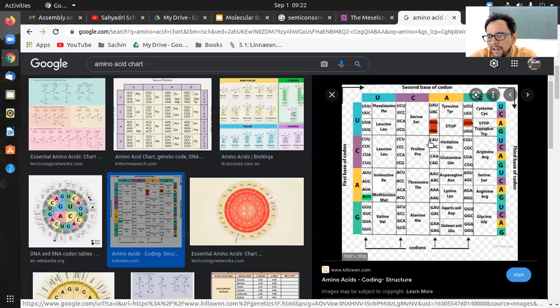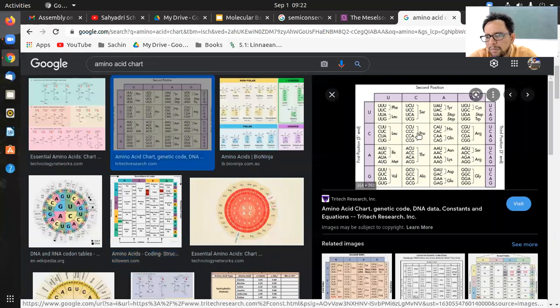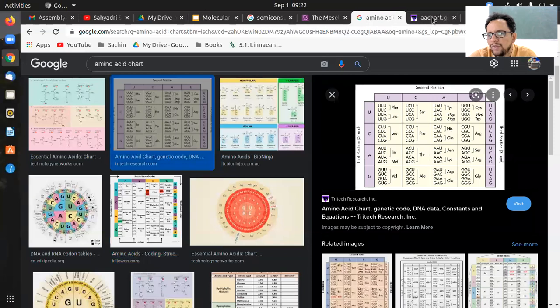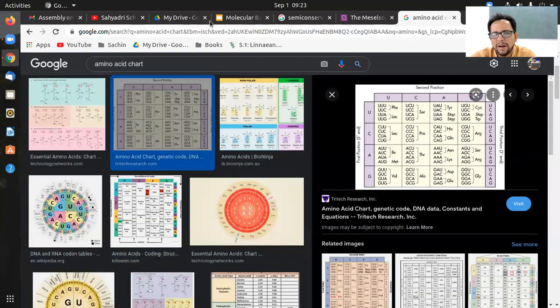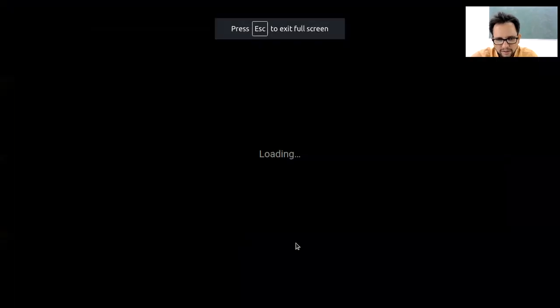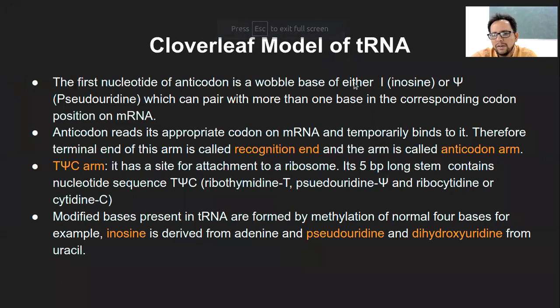Let's say for a simpler example, open image in the new tab. So when we look at this particular codon, you can see in most of the cases the last nucleotide is changing, but still the amino acid remains the same. Here also, this is threonine, THR, ACU, ACC, ACA, ACG. Even though the last base is changing, the amino acid is still the same. This is exactly called the wobble phenomenon. So that is what we will study when we look at the protein synthesis part. So the last nucleotide is the wobble base.